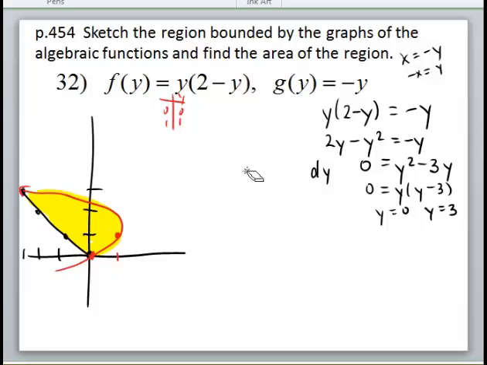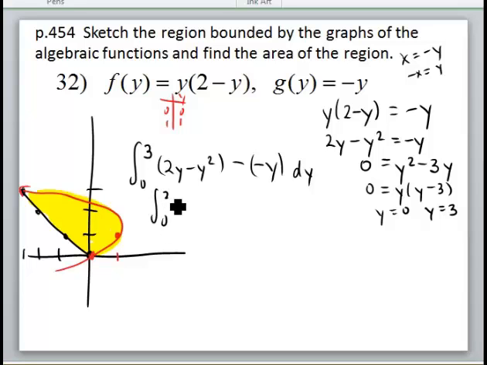So I'm going to move this over just a little bit. And I'm going to say I'm going to integrate from 0 to 3. And in this case, since it's a dy problem, we have to go right to left. So this was my right function. So 2y minus y squared minus my left function, negative y, dy. So I'm getting 2y minus y squared plus y, which will reduce to be then negative y squared plus 3y